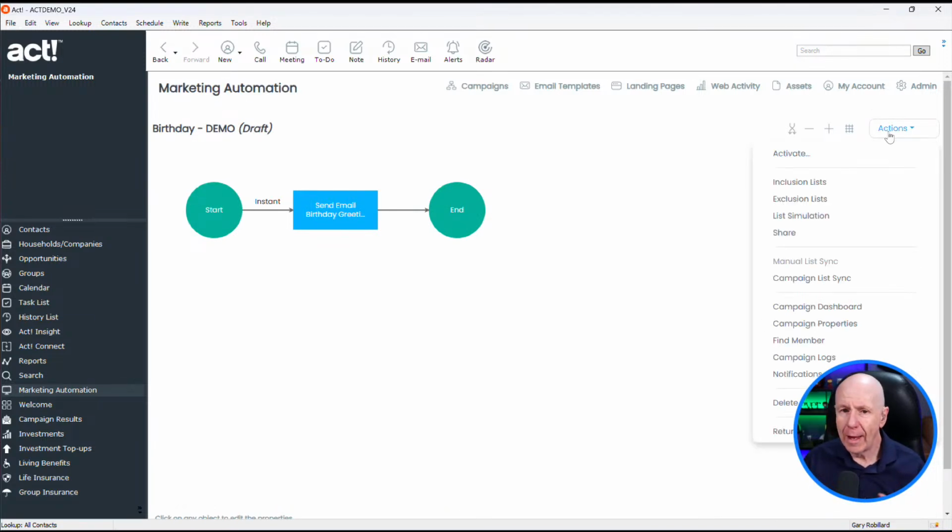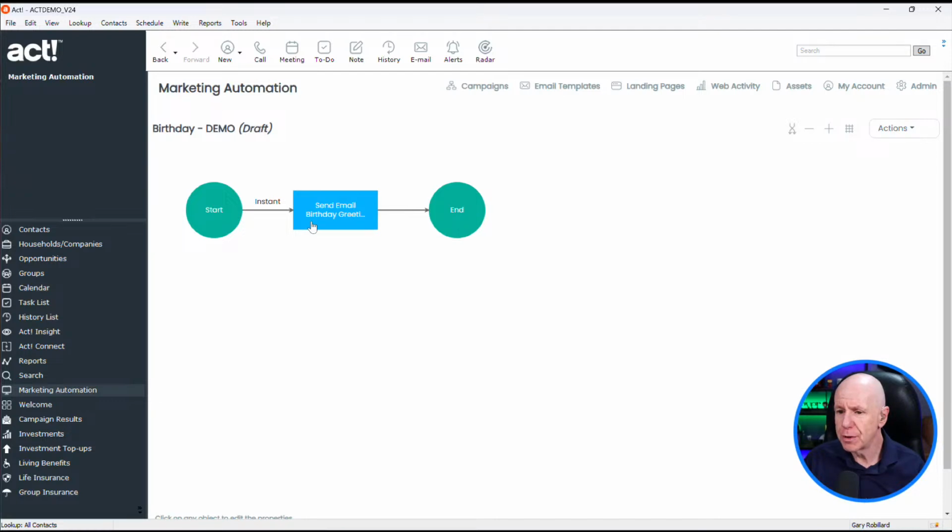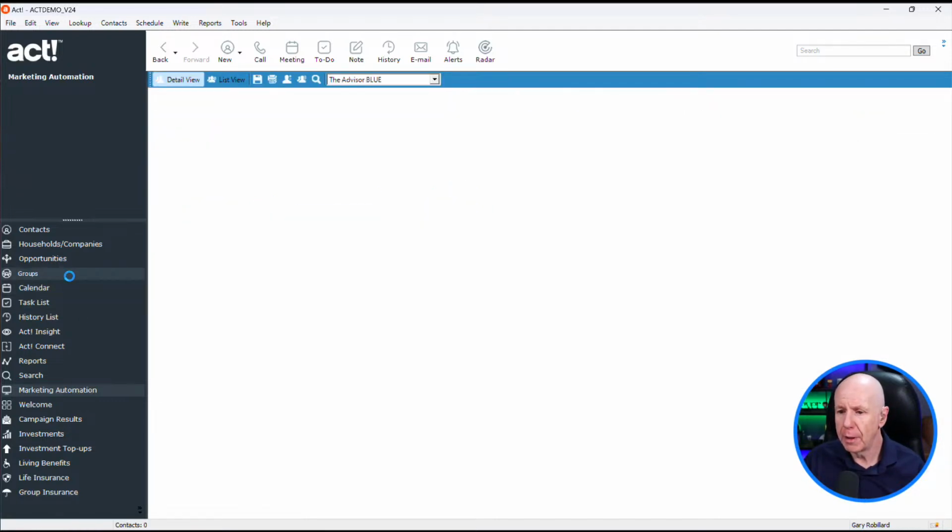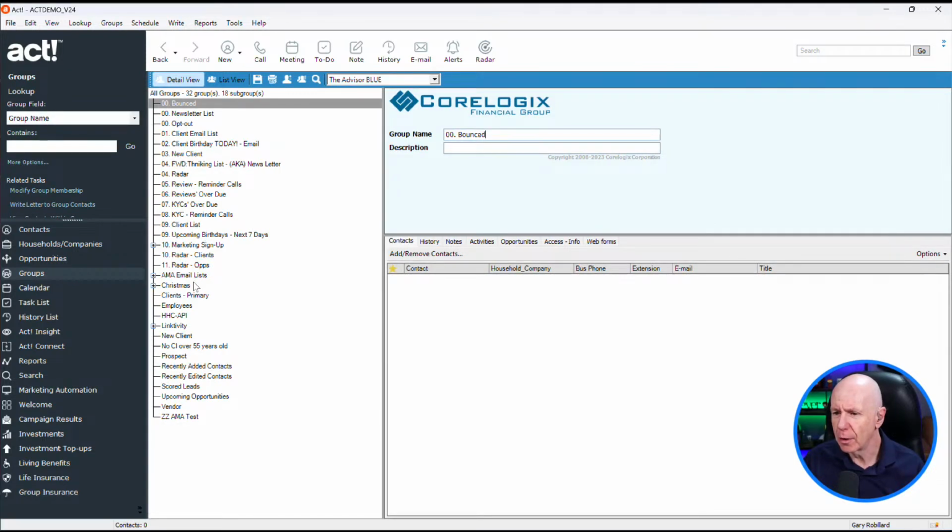And what they have now, this new feature, and this is great for anybody who's got Grow Suite or has the select version of the marketing automation, is this thing called Campaign List Sync. So how this works is I've got a group set up for birthdays. And let's just take a really quick peek at this so you see how this works.